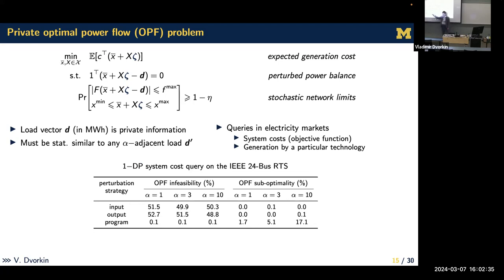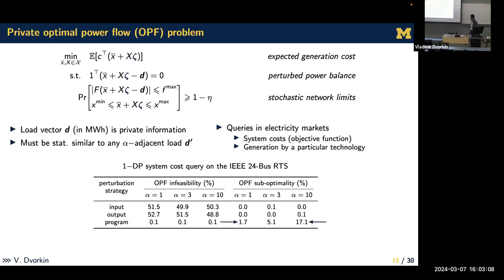And we have three strategies. First, two strategies rely on perturbing the original data and solving on perturbed data, or output perturbation: solving OPF on the original data and adding noise afterward. And it's pretty straightforward that we will see infeasible solutions for these two strategies. If we solve a chance constraint program for some choice of eta, we will have very small constraint violations when we perturb the